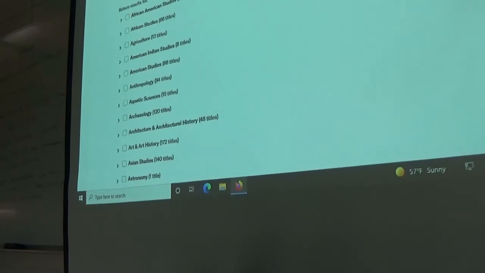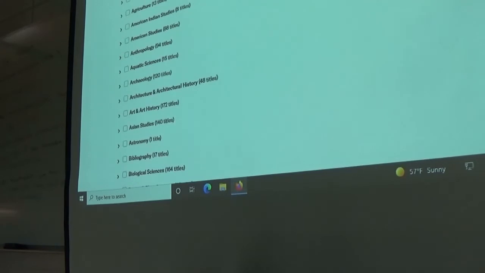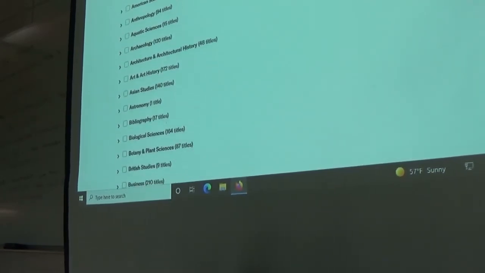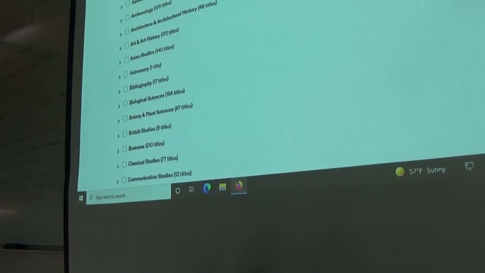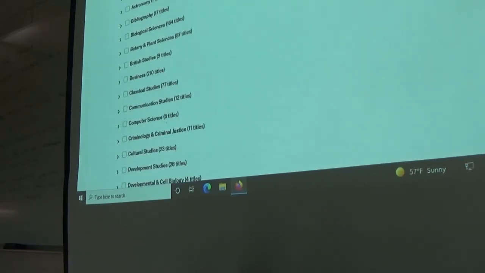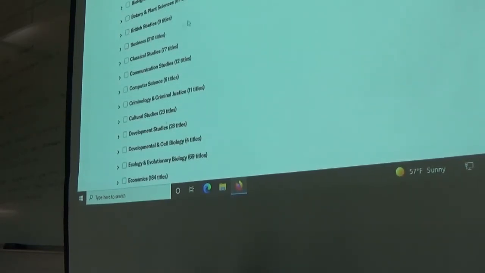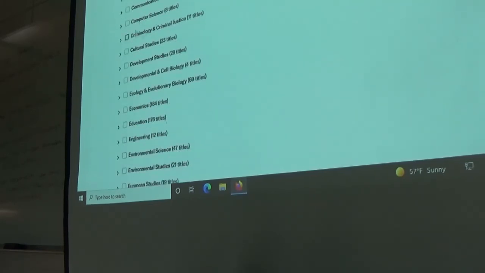Right? And the other cool thing that Jstor does is it filters your results by the type of journal. So, relevant to this particular topic, we might want to look at African American Studies journals. We might want to look in, let's see, what else? British Studies, Classical Studies, maybe Communication Studies.